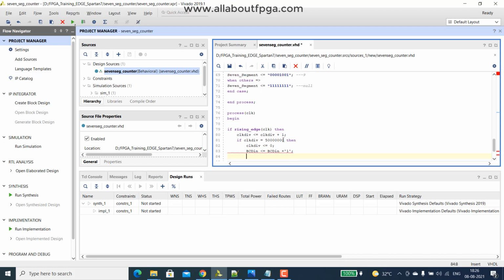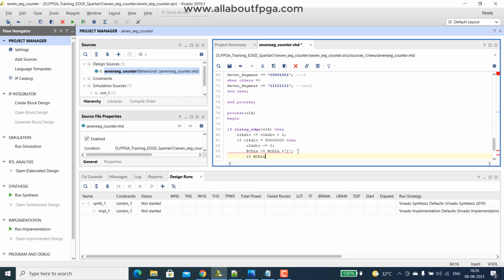Here we haven't provided the single quote because it was declared as an integer. Above, clock div was declared as an integer, but BCD in was declared as a std_logic_vector, so it should be incremented with a single quote value. That is the logic.